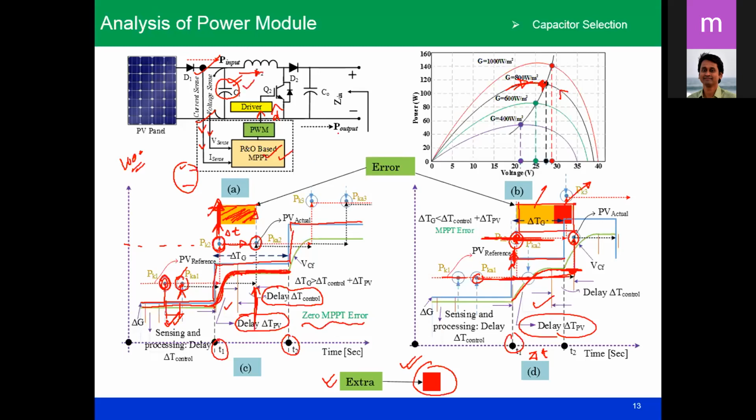Okay, so in the previous slide I showed you one criterion, that the resonating time should be greater than the switching time. And the resonating time is basically the half cycle resonating time, pi root LC. So that is one equation. And the second criterion that you have to understand, and our requirement, is that the delay of this TPV should be as minimum as possible, so that we can have a lesser amount of error in tracking the power point, or basically we can reduce the energy wastage to extract power from this particular source to the load.